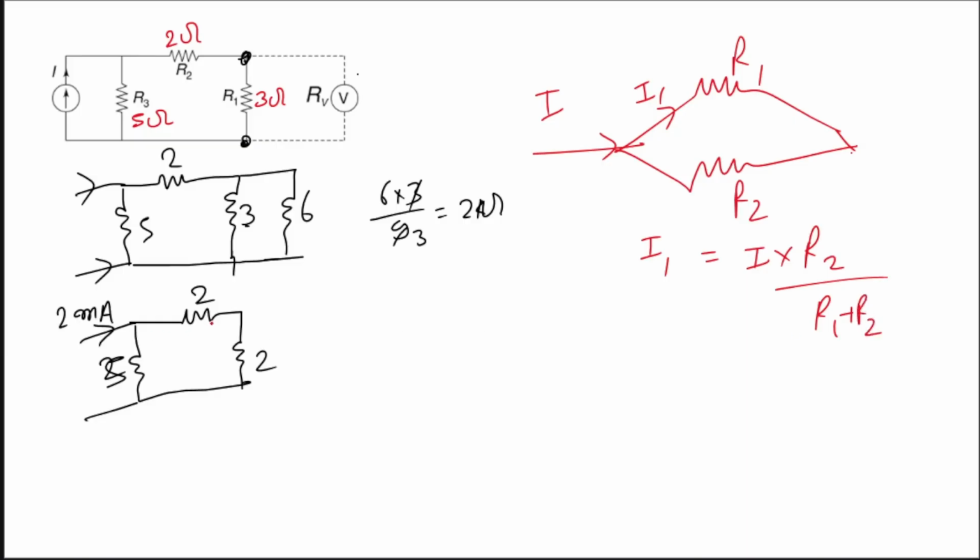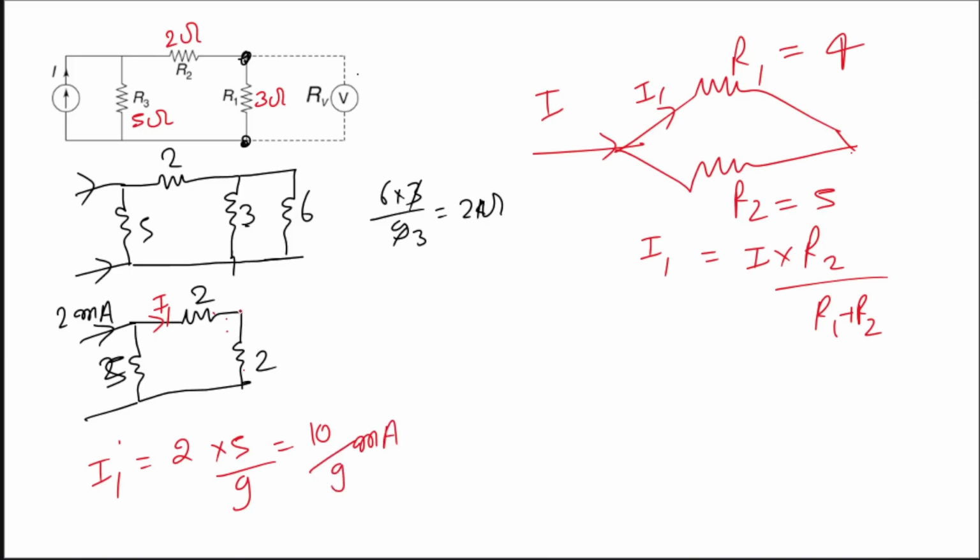So what will be the current across this 2 plus 2? That is in parallel with 5, right? So 4 and 5. Done it? So what will be the current through this aggregate 4 ohm, 4 kilo ohm resistance? What will it be, tell me? So the current here, let's say this is I1. So what value will you write for I1? I mean, here what is the value of your R1? It is 4, and the value of R2 is 5. So put the value. I is how much? 2 milliampere. So 2 into R2 is how much? 5, divided by, I mean 5 plus 4, that is your 9. So 10 by 9 milliampere.